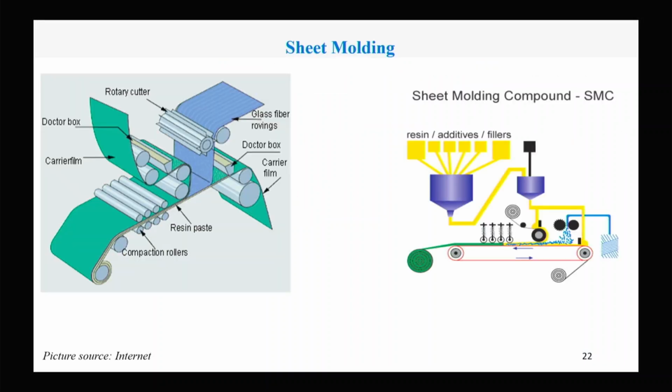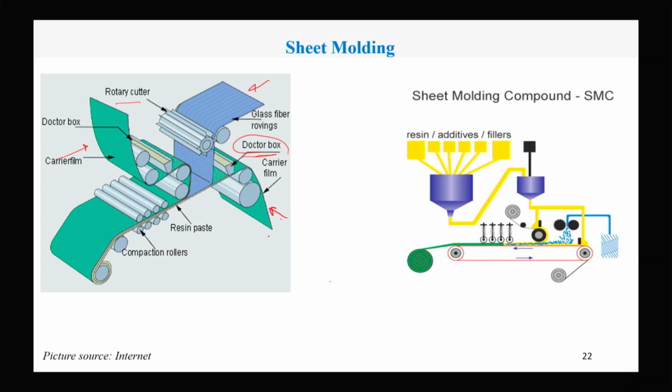And the sheet molding is there. You can see here glass fibers are in the sheet form, which is dipped into the rotary cutter, then it is cut, and then the doctor's box is there, and carrier film. And see, carrier film is coming from both the sides, and it's impregnated with the resin in the doctor box,